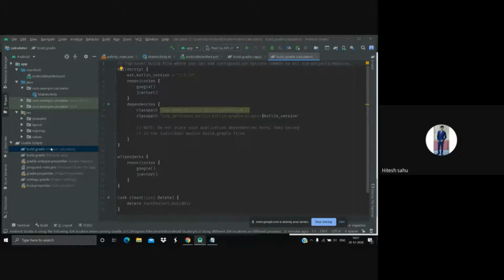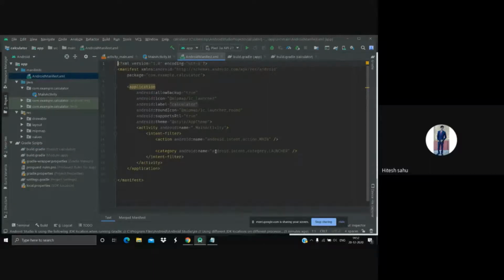And Anjali, can you open Android manifest.xml file? So yeah, this is the Android manifest file. You can say it is the heart of your project, because each and everything is mentioned here, like from where your activity, from where your project will start, what is the icon of your project, what is the theme of your project. And how many icons for a project you want. Like if you install an app, you get one icon, and when you click it, you can open your app. But if you want to have two or three icons on installing an app, you can do that also from here.